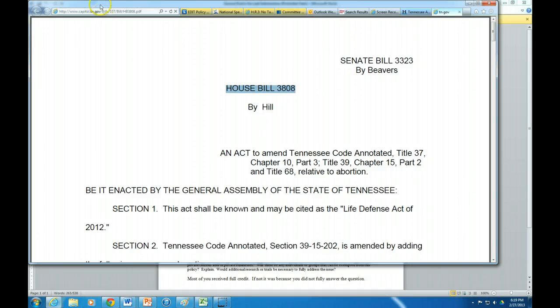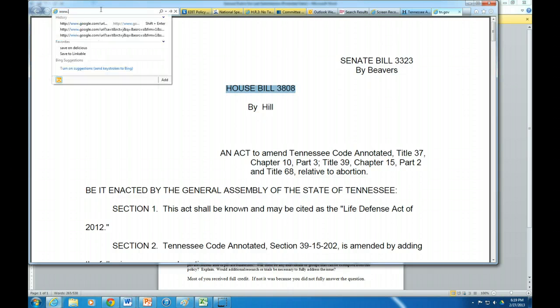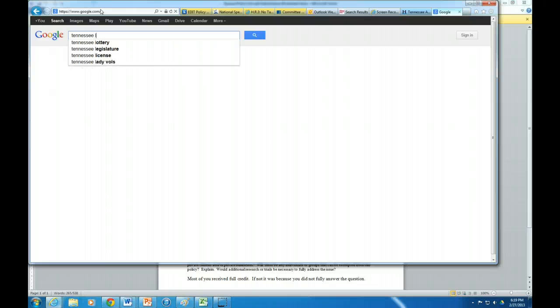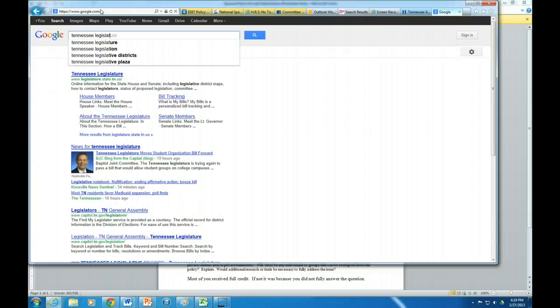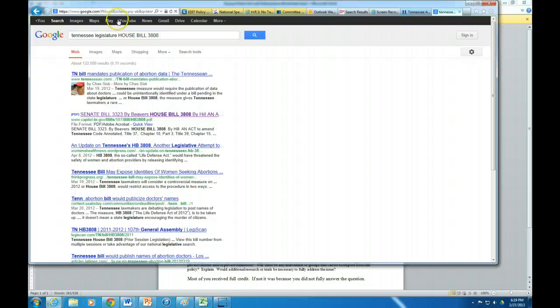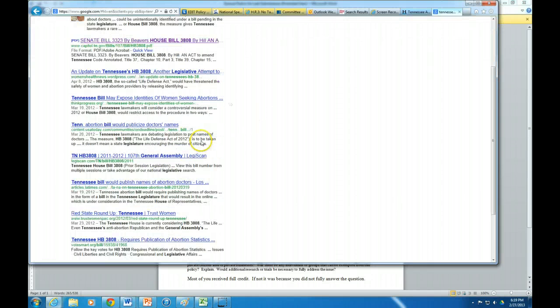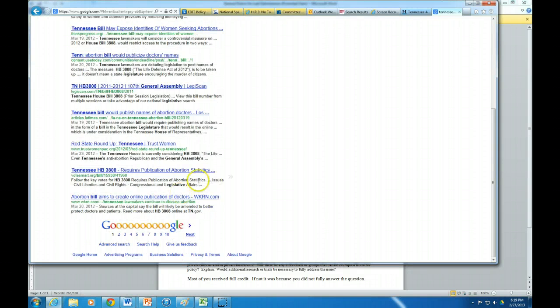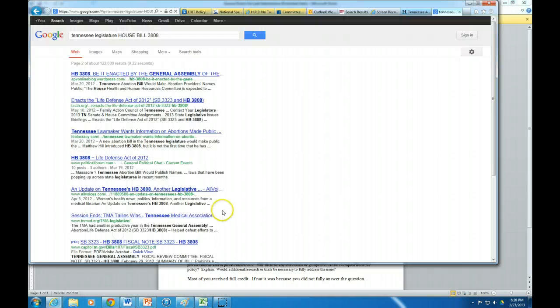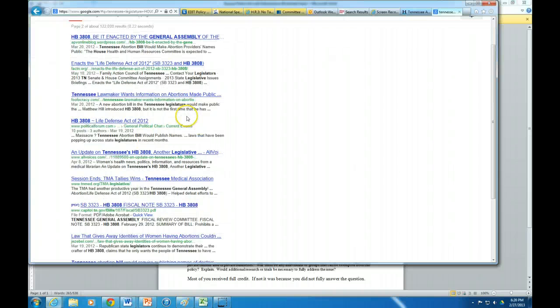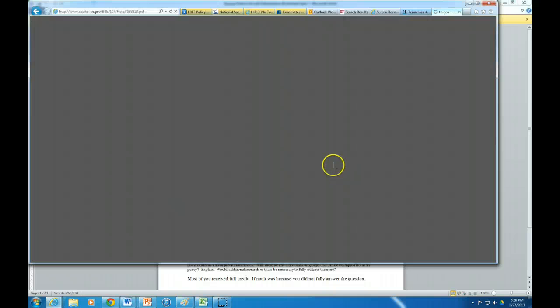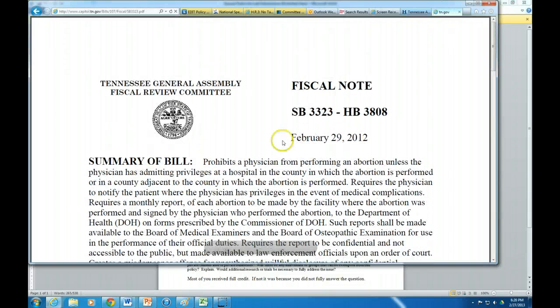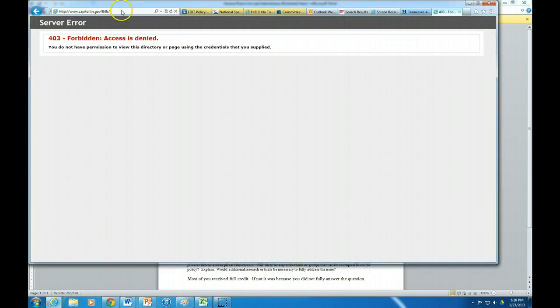Then I'm going to go back here, and I want to search Tennessee legislature, and I'm going to put that in there. See if I can get to the actual, well, there's Vote Smart, which I like. That may be a good one to do, but I'm going to try to actually get to the actual General Assembly bill. So I might try to do that. And sometimes you have to, well,